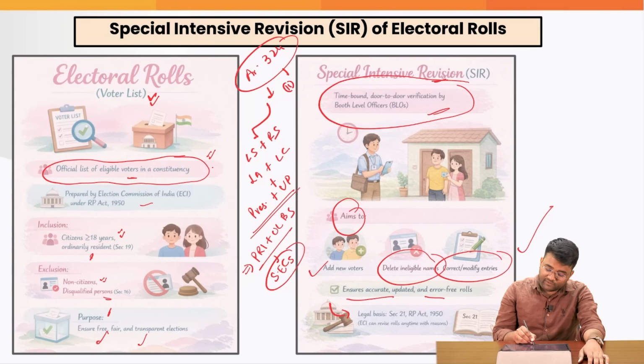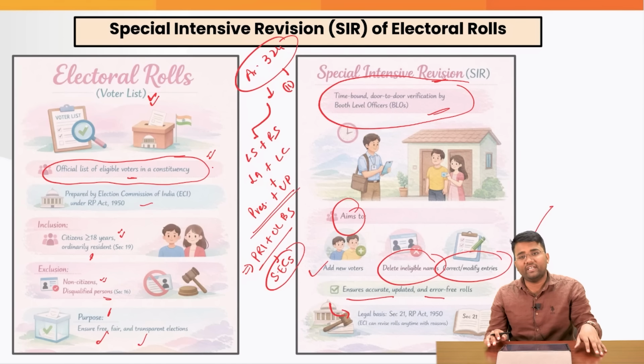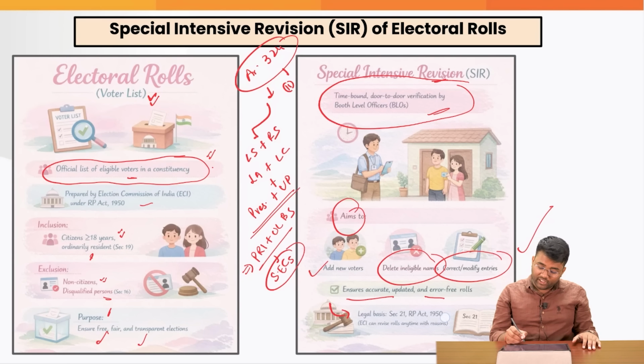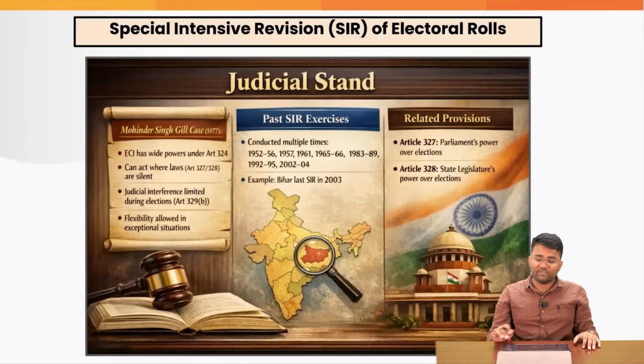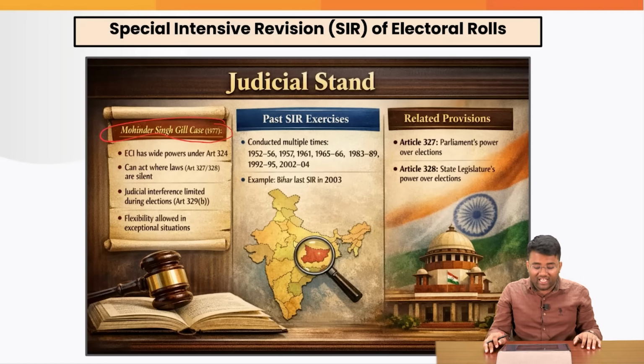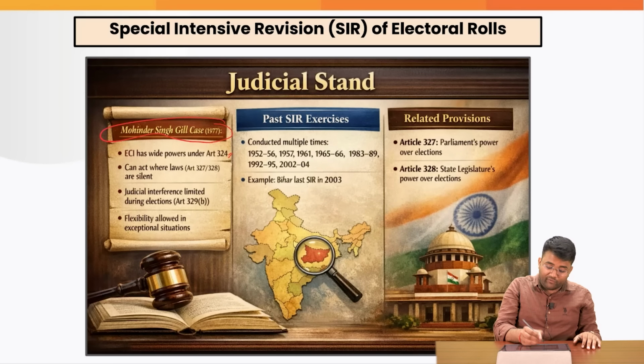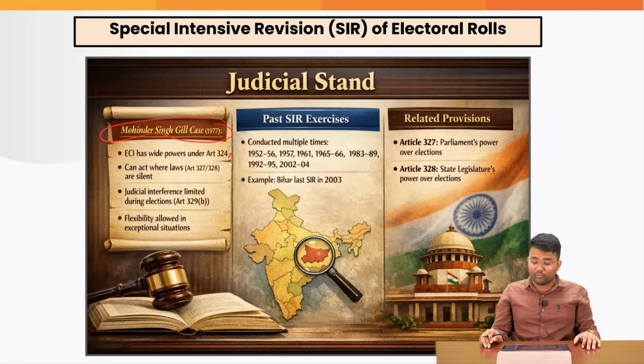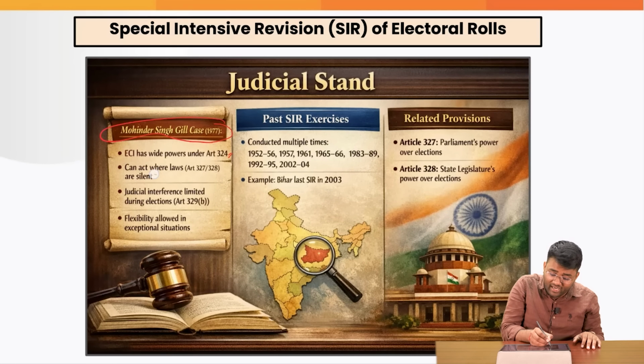The legal basis for this special intensive revision is provided under section 21 of the Representation of People's Act of 1950, which provides that the Election Commission of India can revise the rolls without any reasons. If you see the judicial stand in the Mohinder Singh Gill case of 1977, the Election Commission of India has wide powers provided under Article 324, as said by the Honorable Supreme Court, and it can act where laws